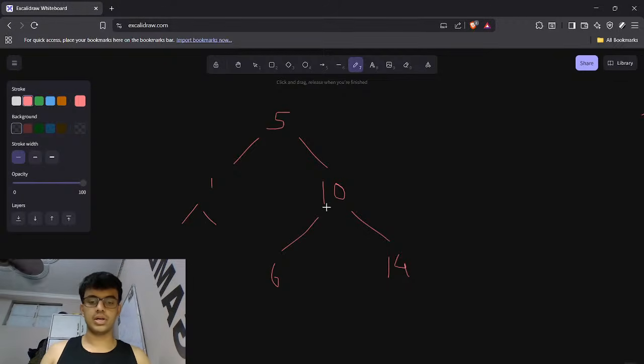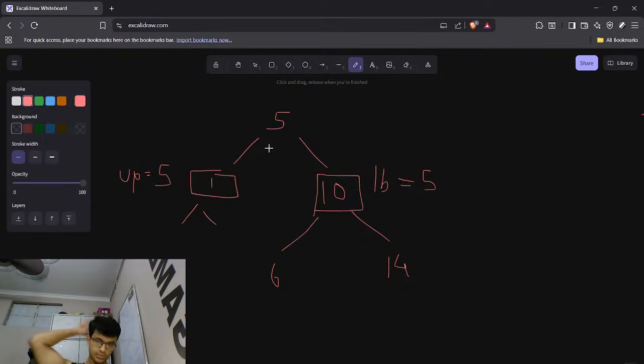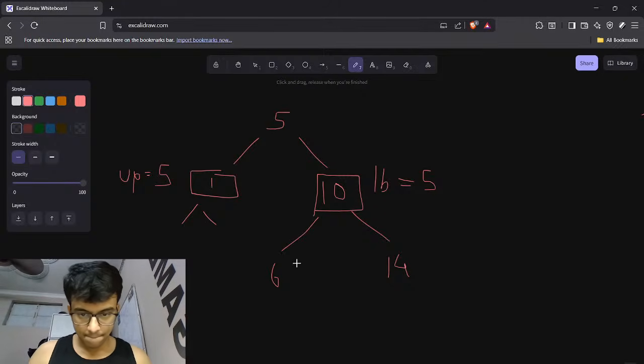In this we have to carry an upper bound and a lower bound because at this point every child value has a lower bound of 5 and what is even the upper bound, that is it. On the right you go with a lower bound, on the left you go with an upper bound, upper bound equals 5. Nothing can be greater than 5. As simple as that. Because this whole part is on the left, this whole part is on the right. Okay. Now at this point